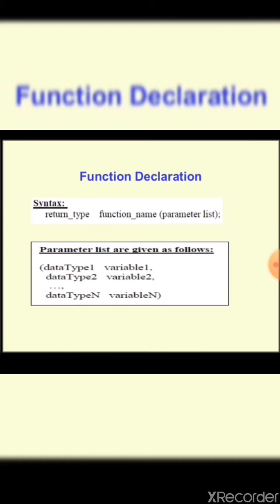Function name is some name we give to the task. It can take n number of inputs, so a parameter list can be defined as n number of different variables. Those variables and corresponding data types will be listed. And a function declaration should always end with a semicolon.